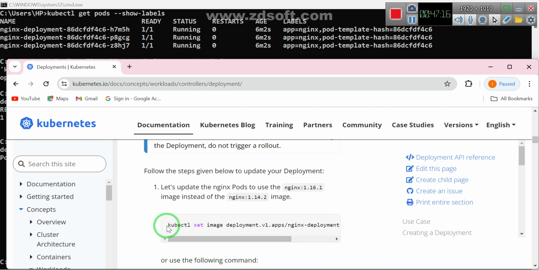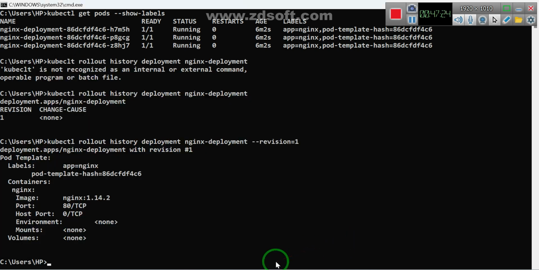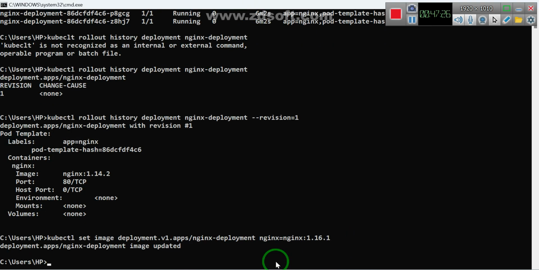Now we are trying to change one more version. Simply I am copying this. Control C, then I go and paste it. I am able to enter it. Yes, it got updated. How can you know it got updated? Again you go for